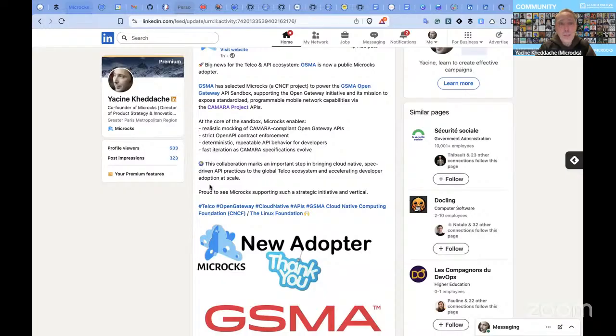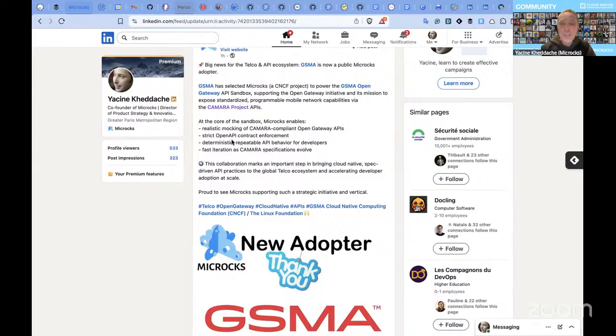They have selected Microcks to provide an API sandbox for developers based on the CAMARA network APIs. That's a very nice use case, and we are clearly very happy about it.